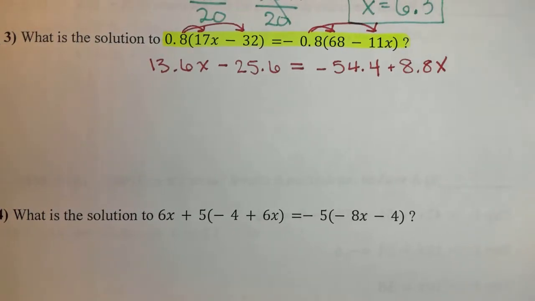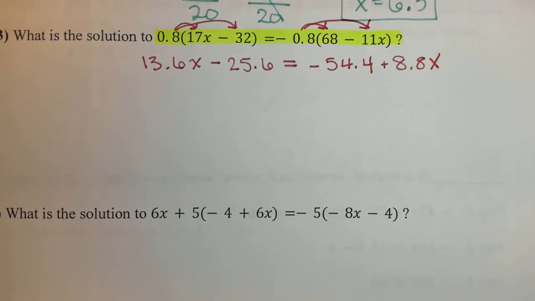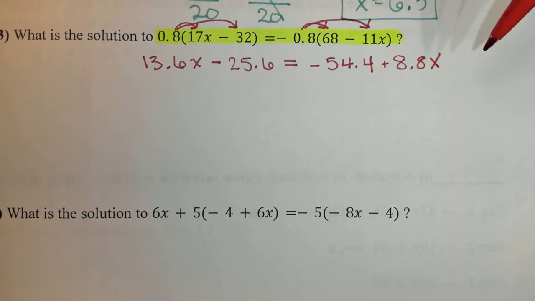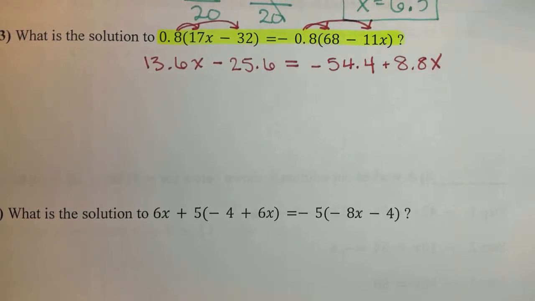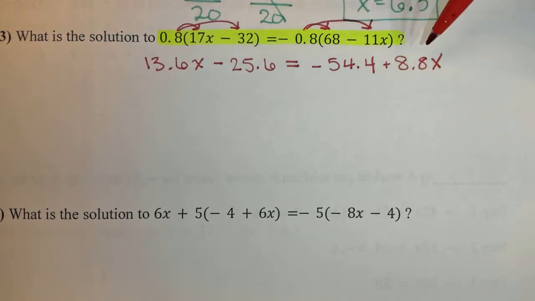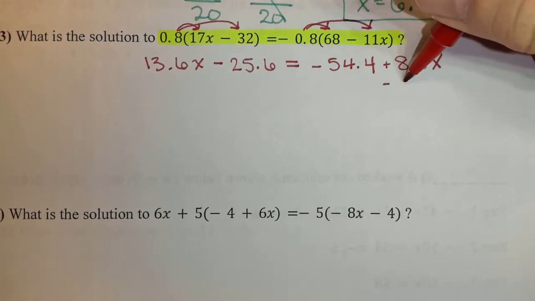Okay, so far so good. Notice on these first 3 questions, we have distributed as the first step for all 3. And just like the other 2 on here, I don't have anything to combine on the same side. I haven't had to do that yet. So on this one, I'm going to move all my x's to the same side, move all my numbers to the other side. Now, if I look at my 2 x's, 13.6 and 8.8, 8.8 is smaller, so I'm going